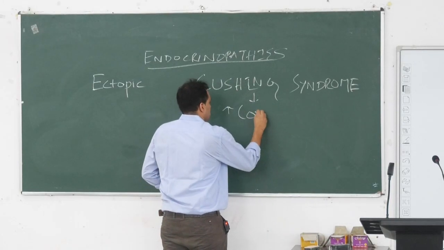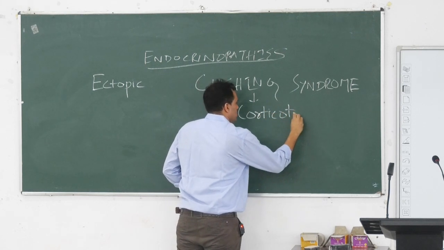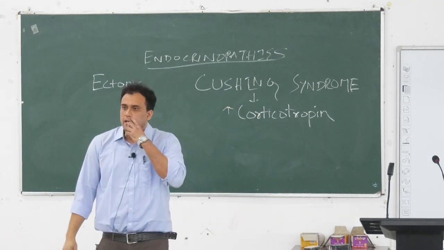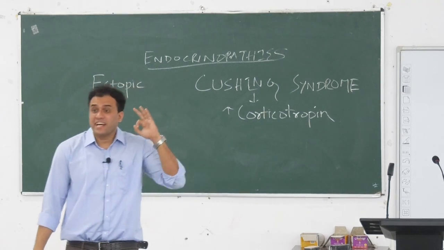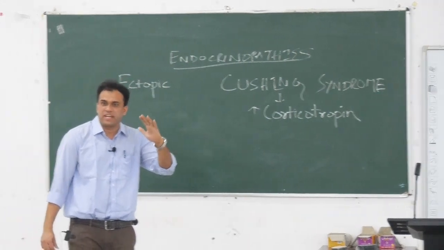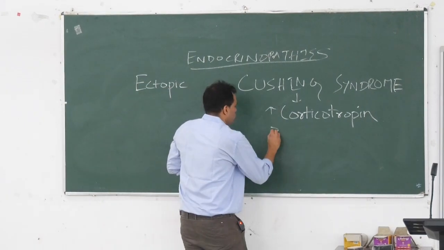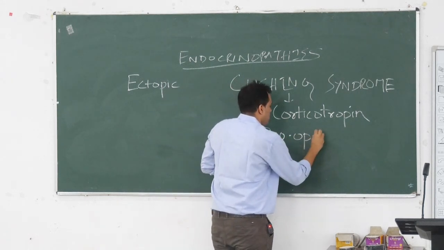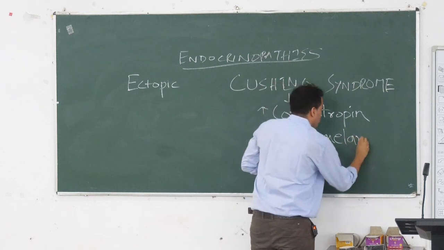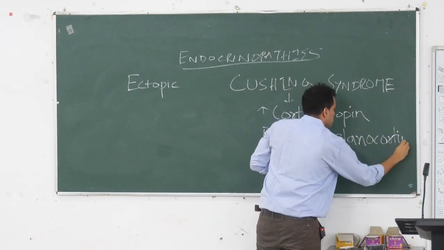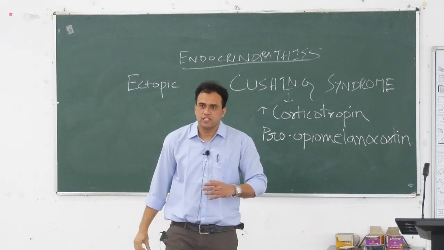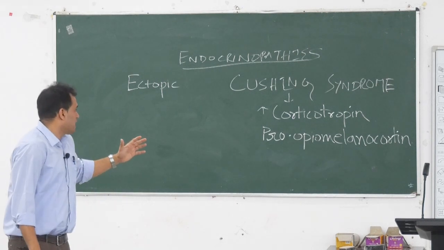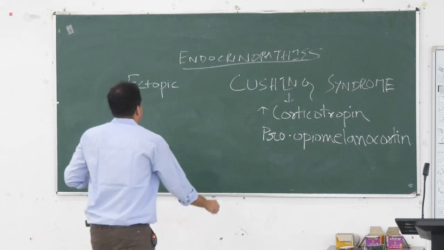Corticotropin. Remember this point: the precursor for corticotropin is pro-opiomelanocortin. Now this corticotropin can be secreted